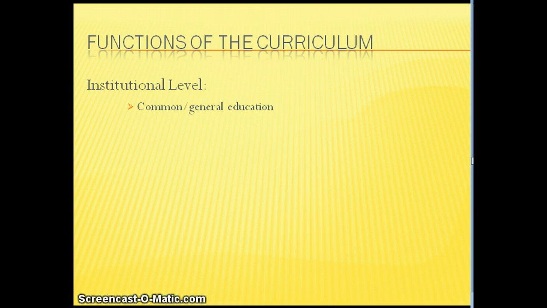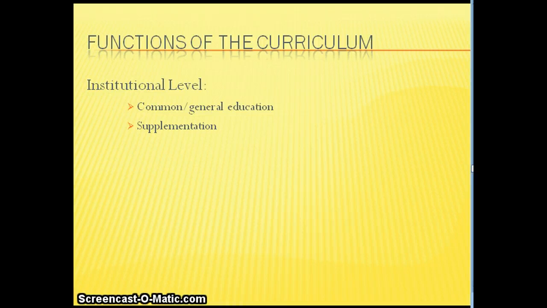So this really doesn't consider the idea that anybody would be a specialist or has any kind of unique gifts or talents that need attending to. So this function of curriculum would be, what is it that everybody needs to get out of the curriculum. So another function that curriculum can serve is